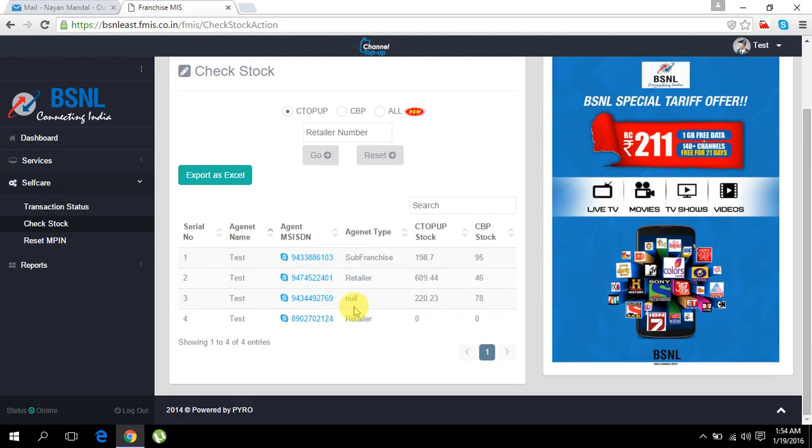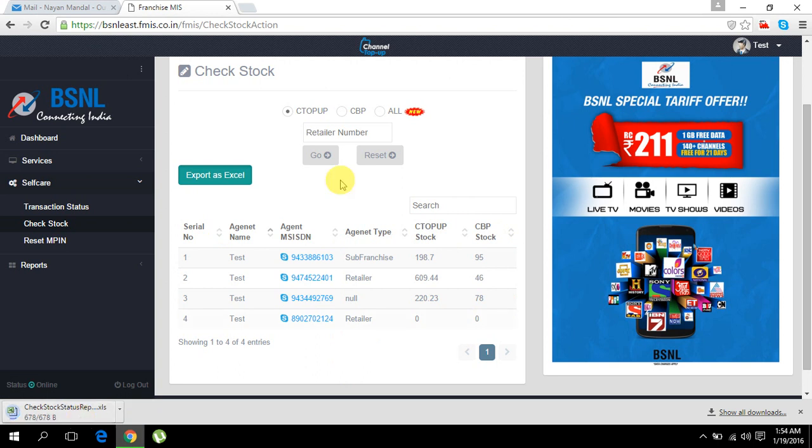It is pretty awesome that we are getting right now the C-top of stock as well as the CVP stock of my entire retail chain in one go, and we can even export this one. Let us check whether we are able to export this particular thing or not. Over here: serial number, agent name, in which name the particular C-top of SIM is, the number of the agent, agent type, whether he is a franchisee, retailer, or what type of retailer he is, and his stock balance.